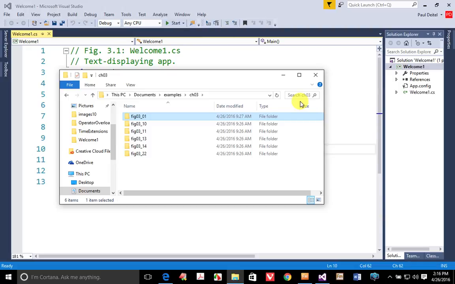For our first example, we're going to take a look at a simple C# application that displays Welcome to C# programming in a command prompt window. Now, before I get into the project, which is actually already open over here in Visual Studio, I just want